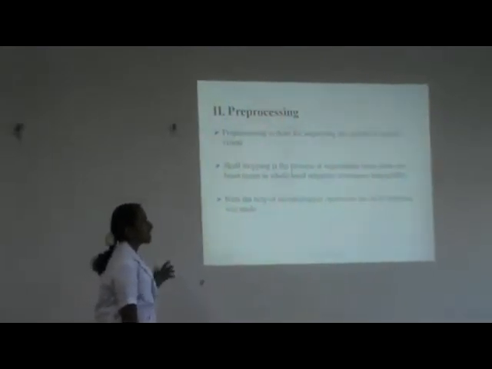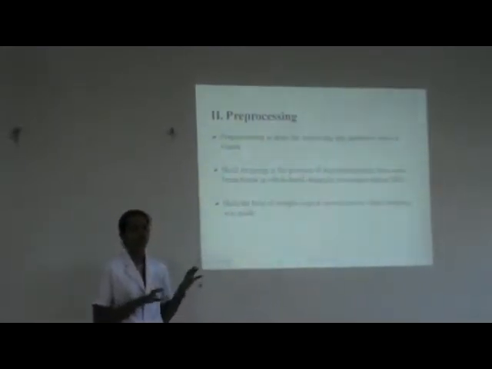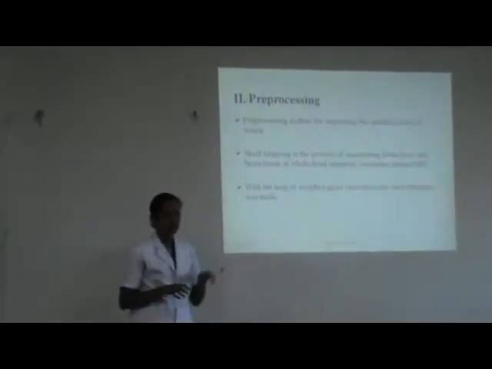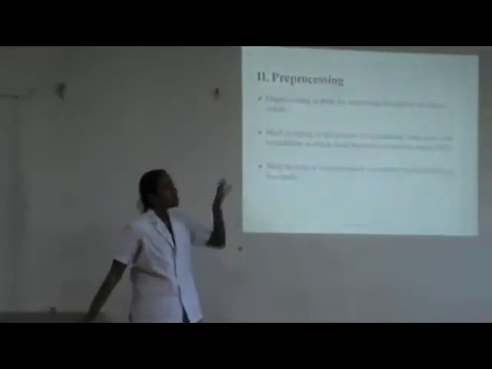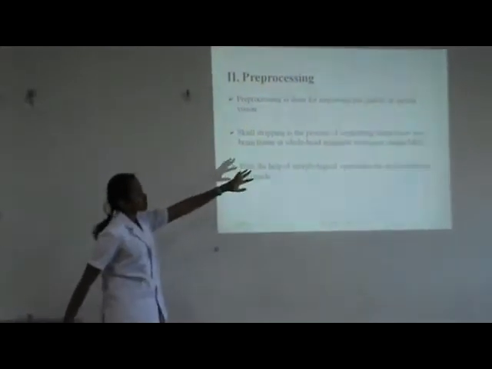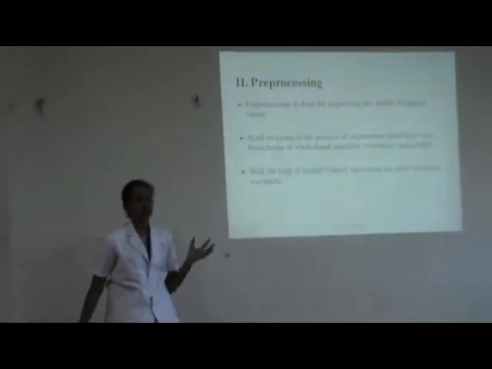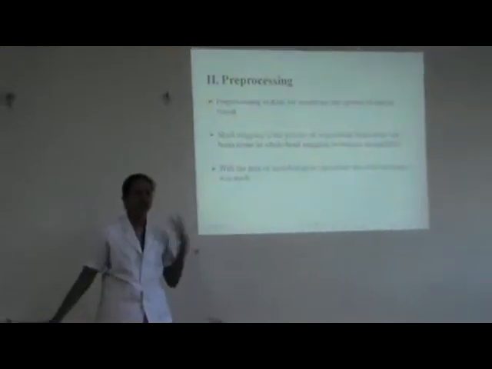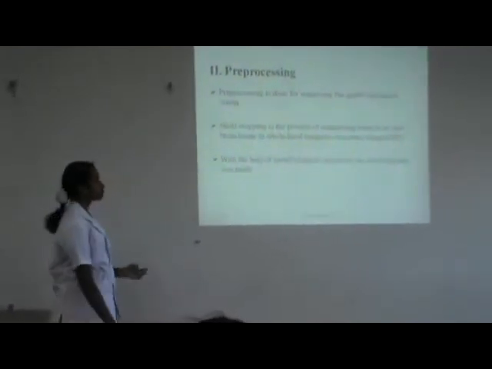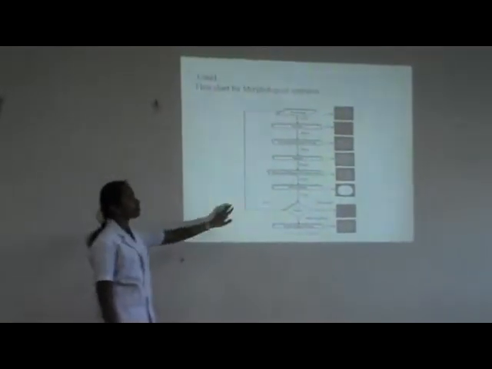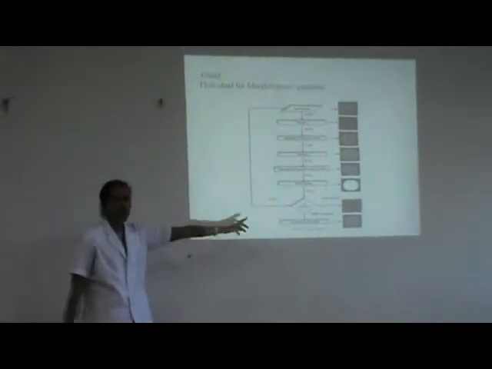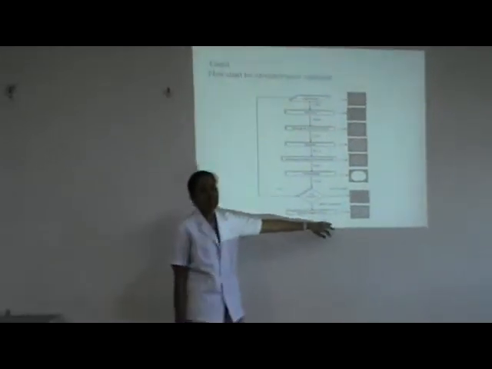In pre-processing, as I said before, we are going to strip the skull alone. An MRI image consists of both the brain and the outer skull part. We are going to remove that skull part and keep only the inner brain cells. Skull stripping is the process of segmenting brain from non-brain tissues. The skull is a non-brain tissue, so we strip it and keep only the brain cells. This comes under pre-processing. We do this pre-processing using the morphological operators, and by that we get the skull stripped image.